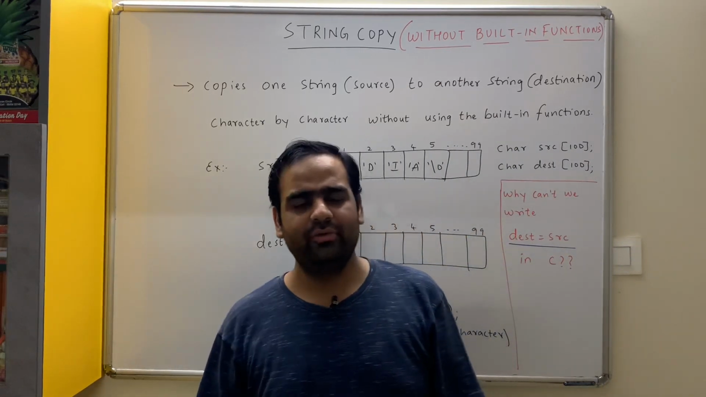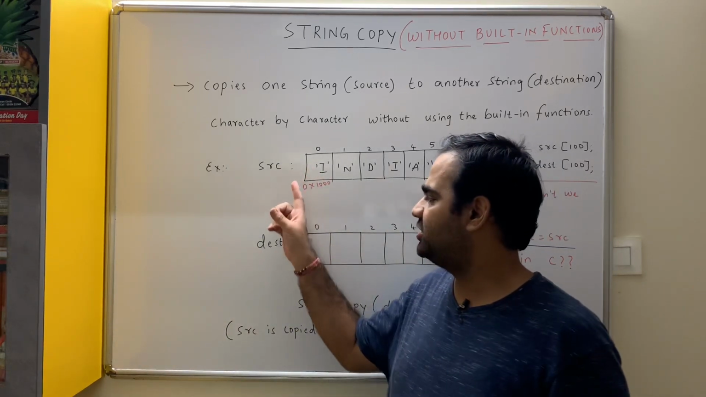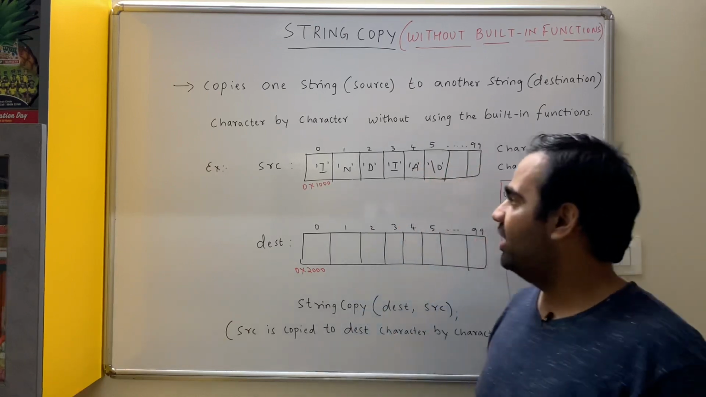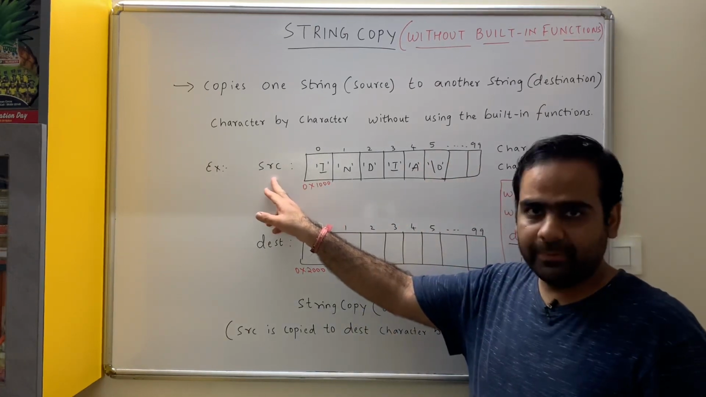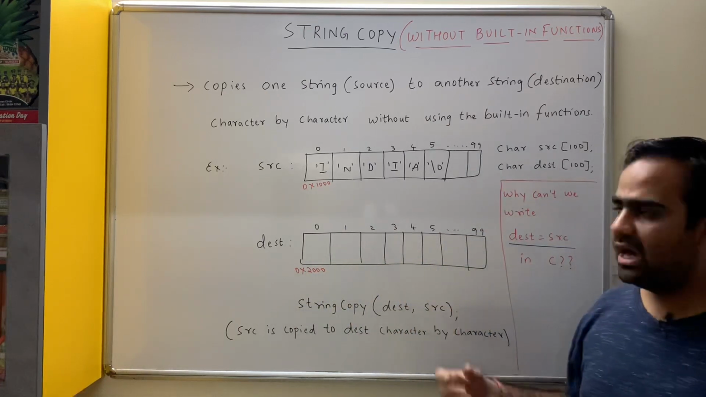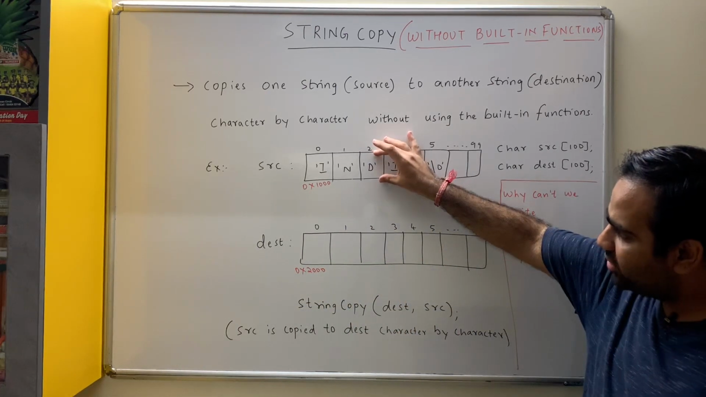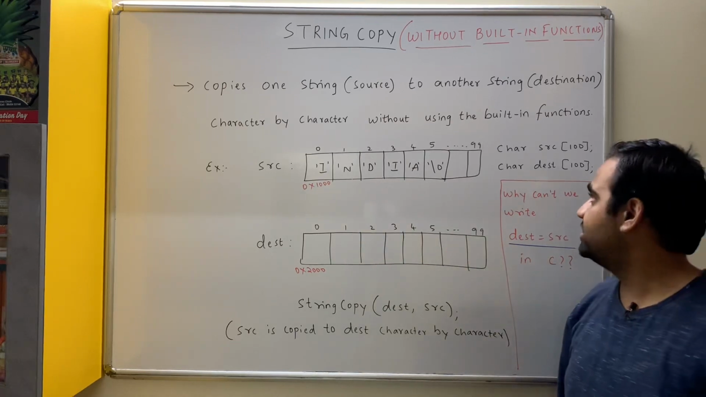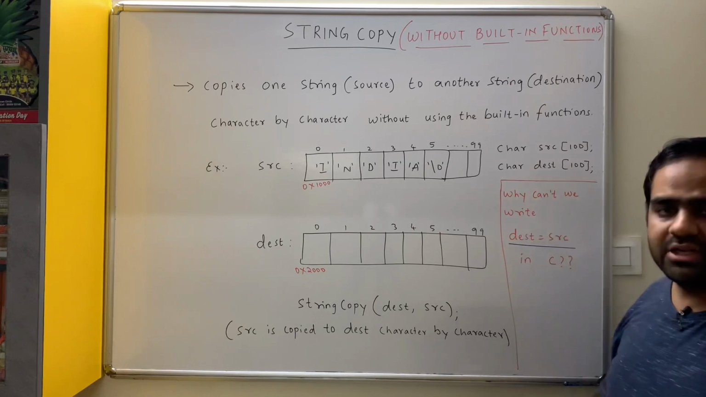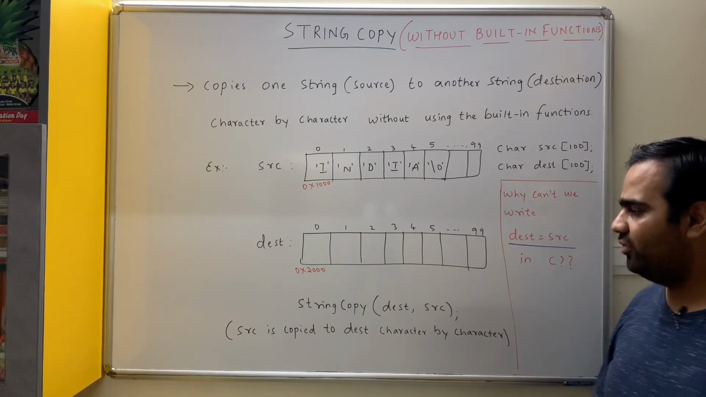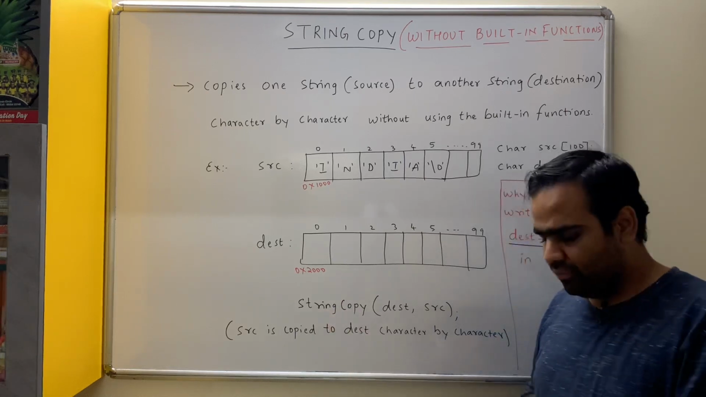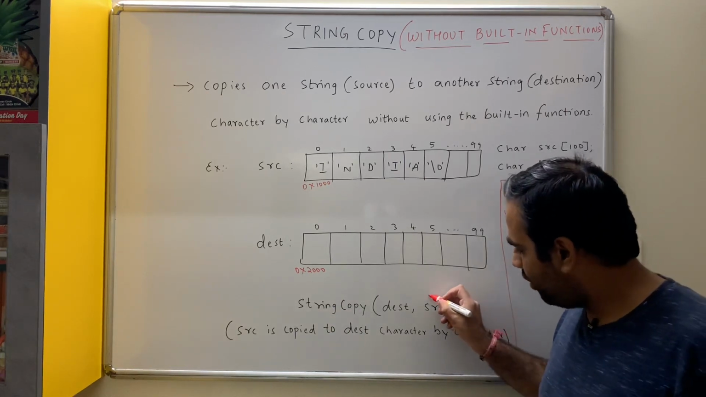In this video, we will see how to copy one string to another string without using the built-in functions. Say for example, if the source string is India and the destination string is garbage, we want to copy the source string to the destination string. This is how the source is defined, char source of 100, and this is how the destination is defined, char destination of 100. Now we will write one function called string copy, where the source will be copied to